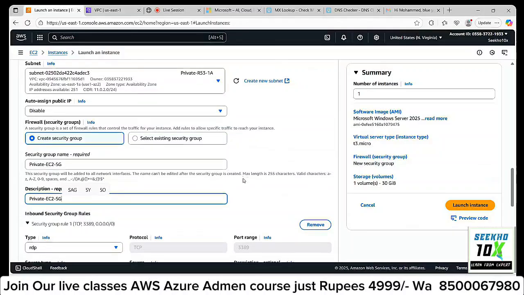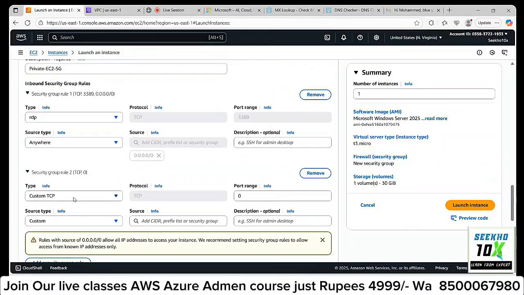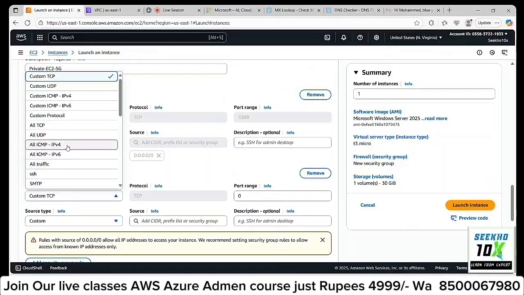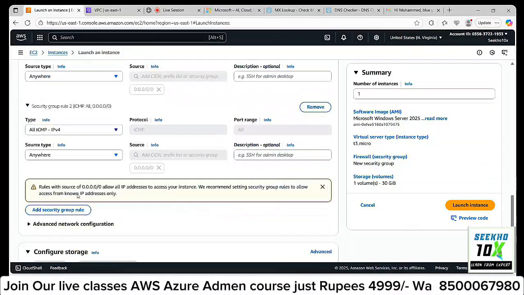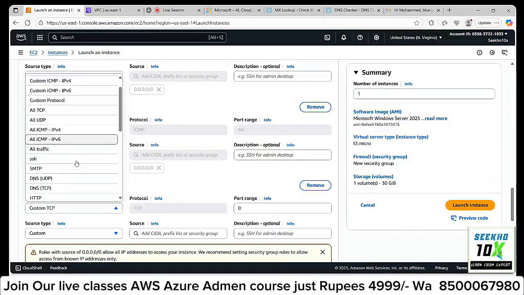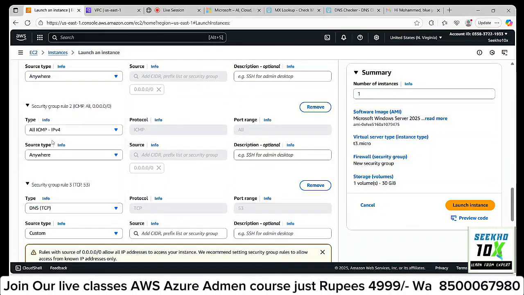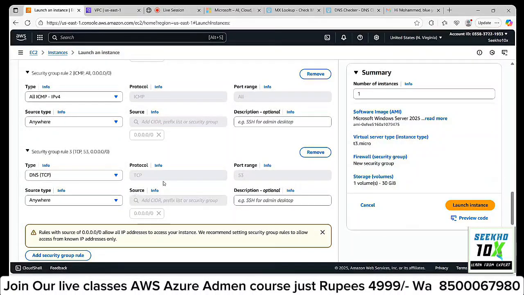SG. Here I need to allow some ports also. So what are the ports I need to allow? Here ICMP packets I am allowing from anywhere, and we need to allow another port, called DNS ports, from anywhere.